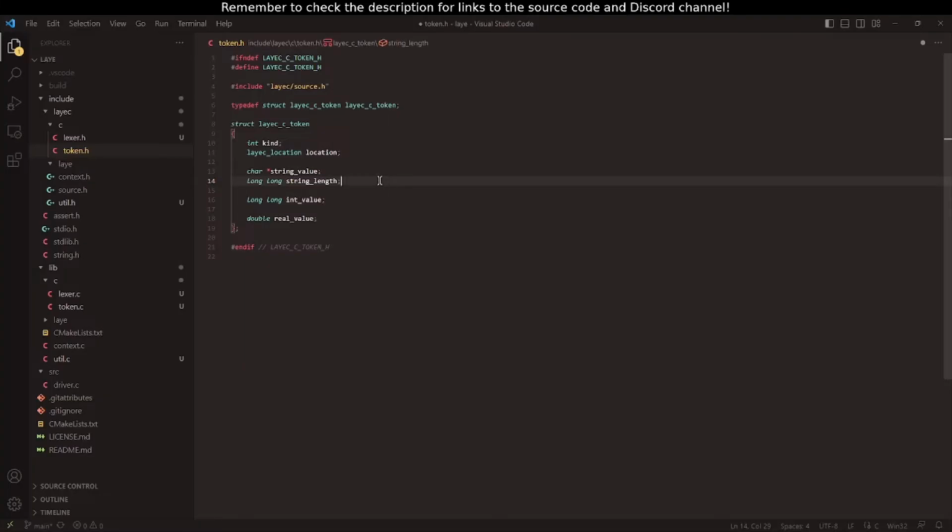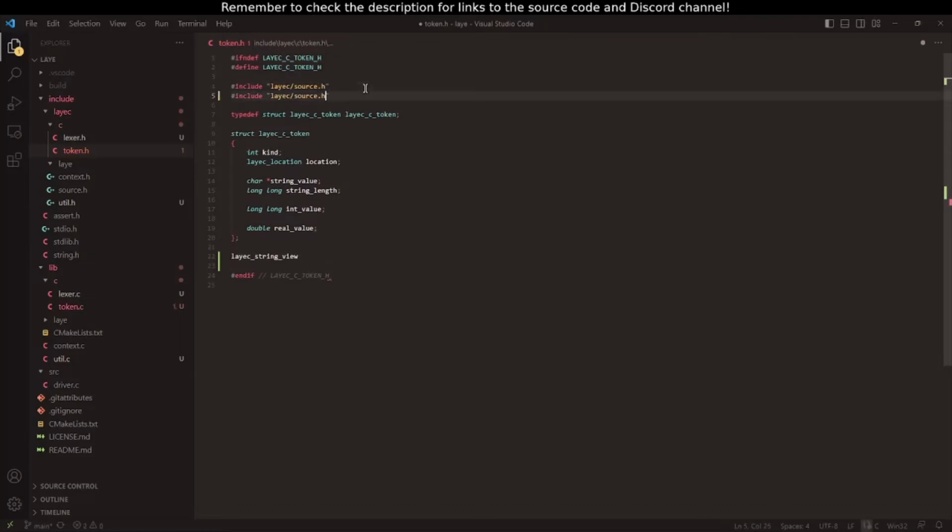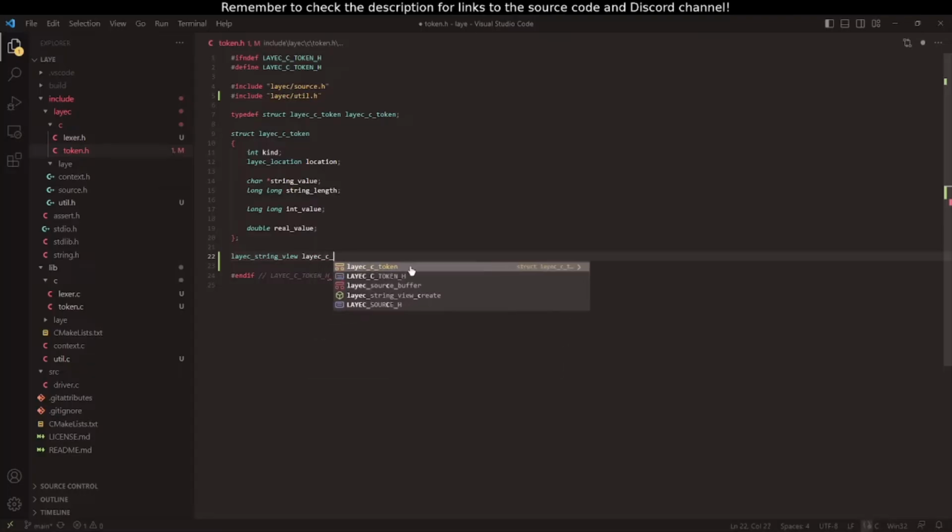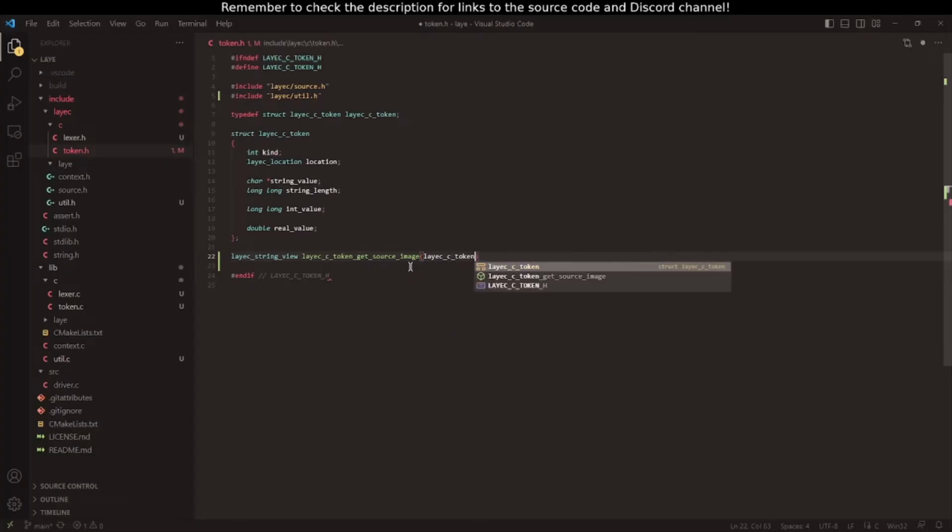I think what we can do, hear me out, is we don't use string value for identifiers or keywords. We really don't need them for keywords once we know what keyword they are, but for identifiers, if string value is null or string length is 0, I guess, either or, then it can just call like get source image or something. So if I have a layec string view, which I need to get from util.h, layec string view, layec c token, get source image for layec C token and